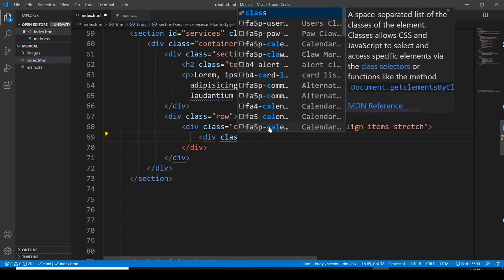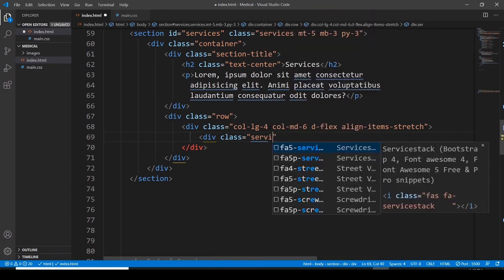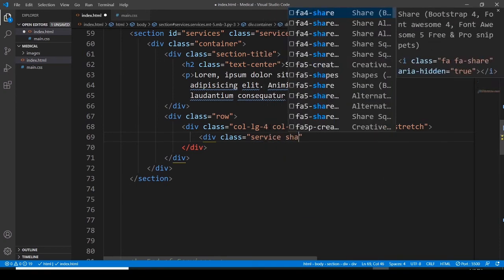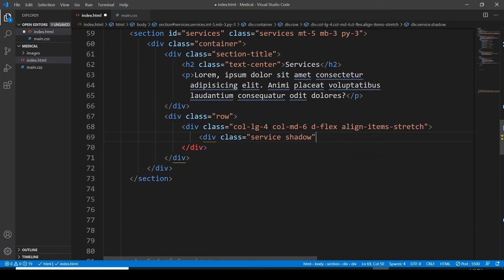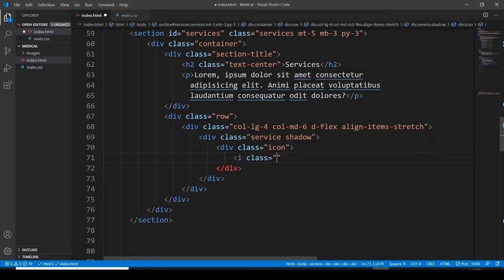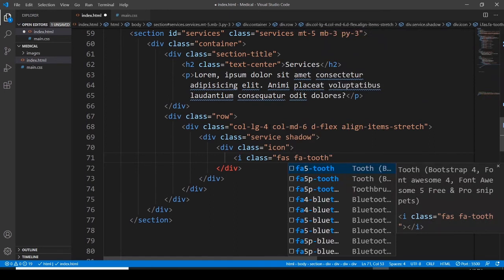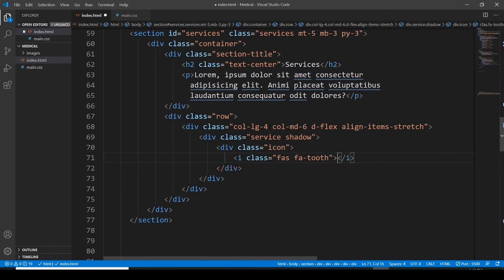division, assigning it a class, service, and then I want to have a shadow class here, and then division, assigning it a class. This class is going to be icon, and I want to use a font or some icon class here. So class FAS, FA tooth, and then